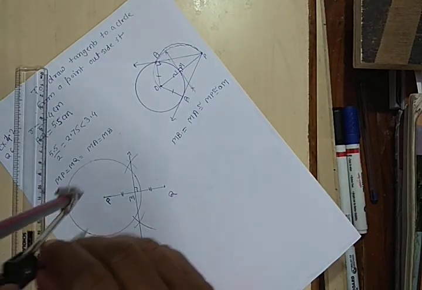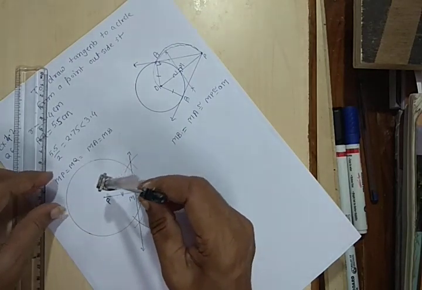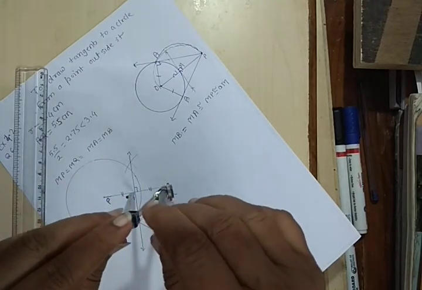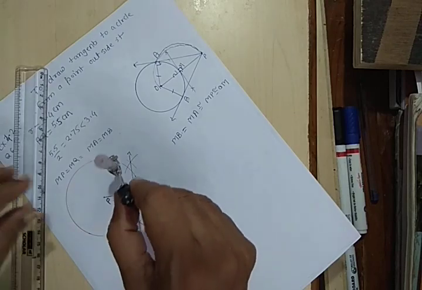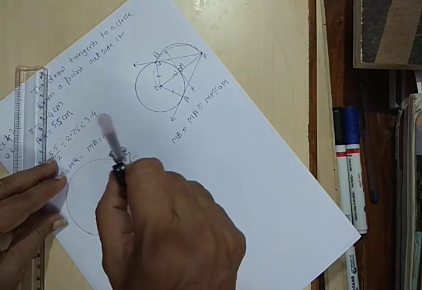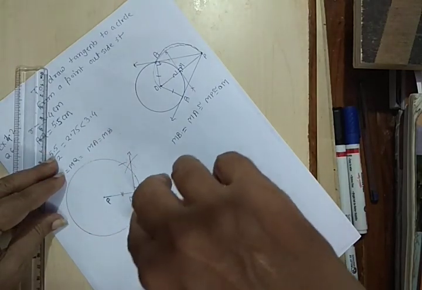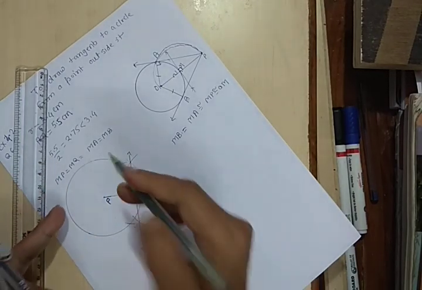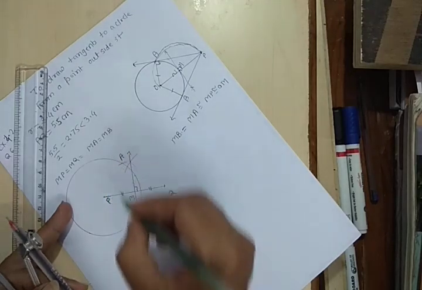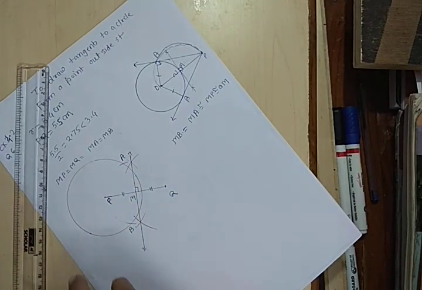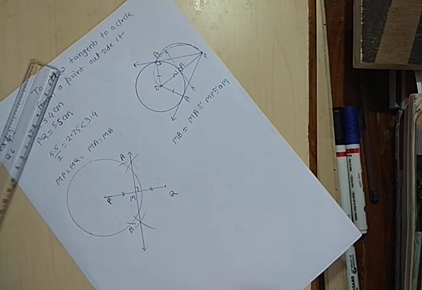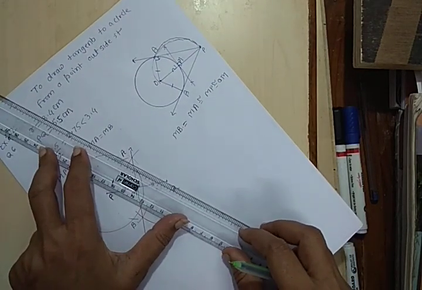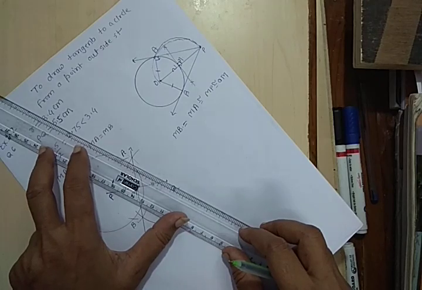Points A and B are on the circle. You can see that these two are correct. Okay, our midpoint is correct. So cut our circle to find the points A and B. This is point A. This is point B. Now join AQ and BQ.